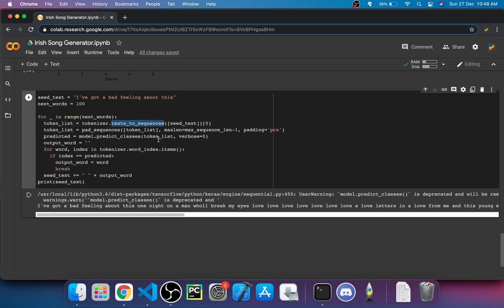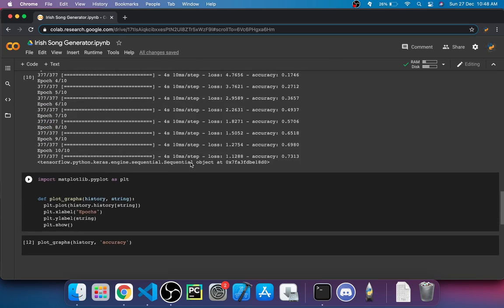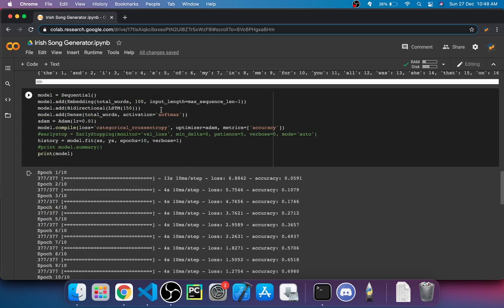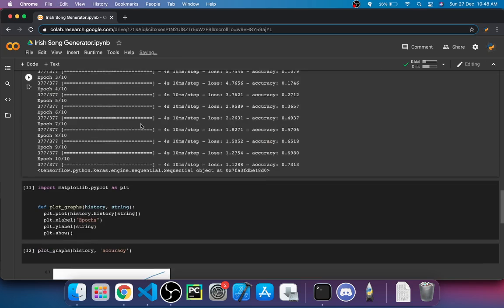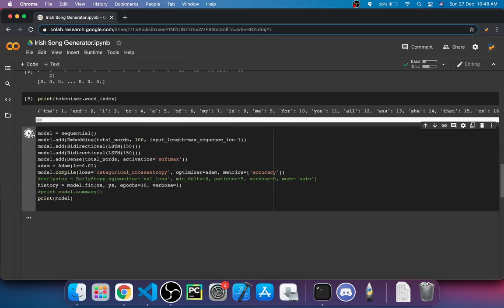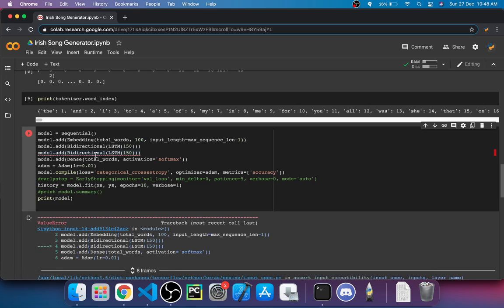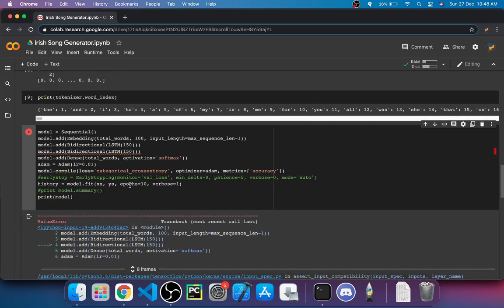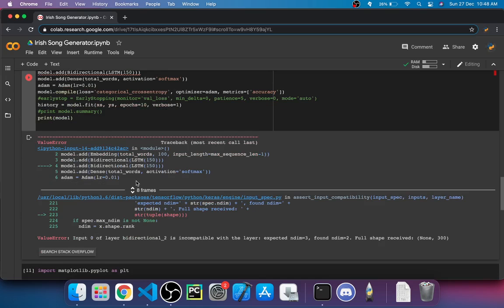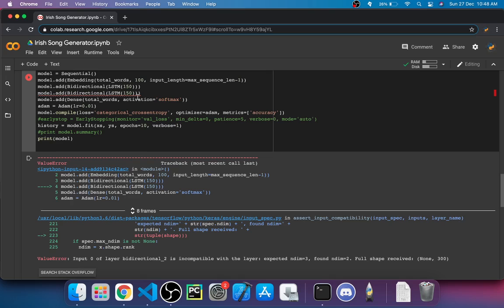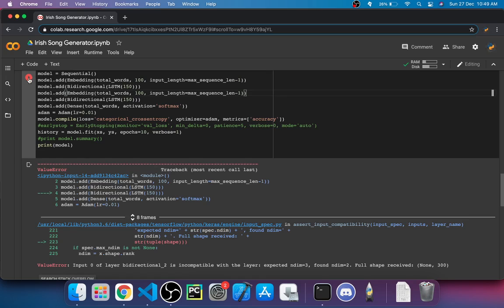But if you actually play around with this neural network, now the cool thing is, if I just take this bidirectional LSTM, copy it up and paste it over here, you will see these embedding layers that we have created, which do all of these things. Okay, apparently this is an error. Obviously we need to be adding an embedding layer, so we can't really stack up these bidirectional layers just like that.